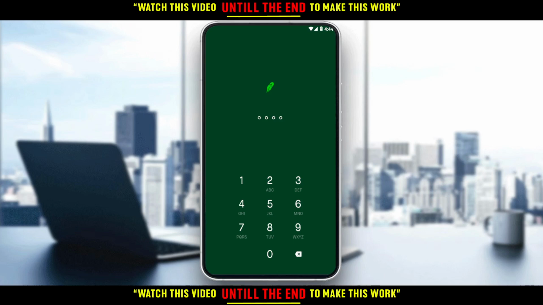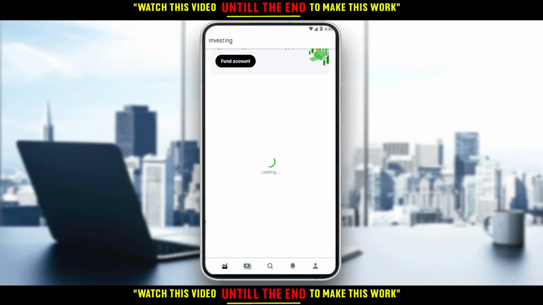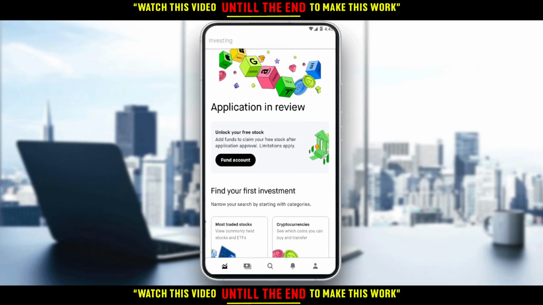So here, as you can see, they are asking me to enter a pin code. If it's your first time opening the application, they will not ask you to do anything. But the second time, they will ask you to set a pin code. Then every time you enter the application, they will ask you to enter that pin code. For me, I chose four zeros, and then the application will open,